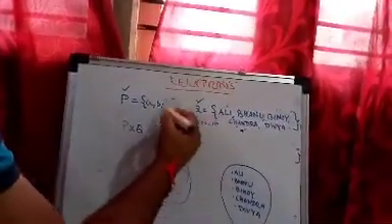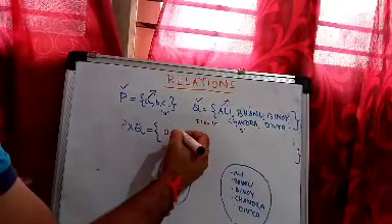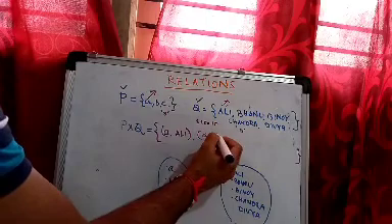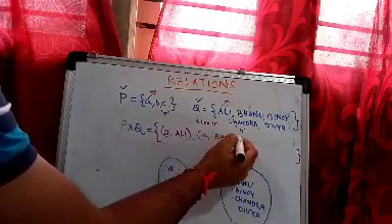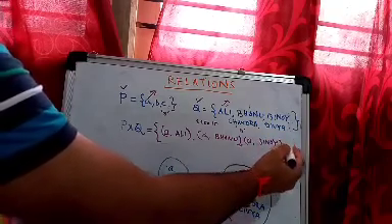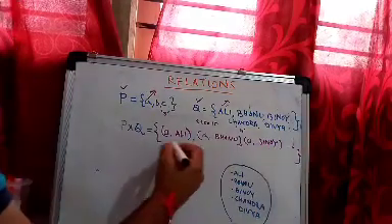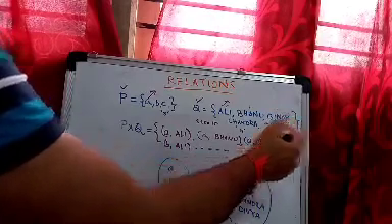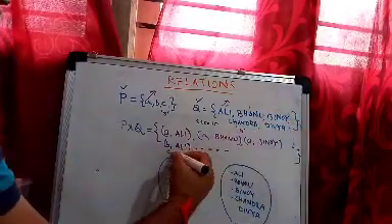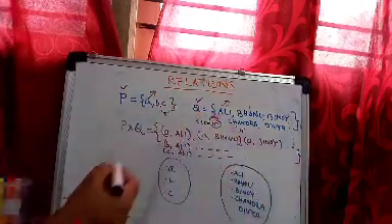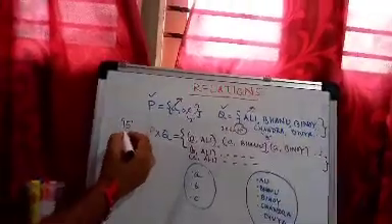Like A, the first element, and the first element from here, Ali. So this is the first ordered pair. Similarly I can write A Bhanu. Similarly we can write A Binoy, right? Similarly I can write the other ordered pairs also. From B: B Ali, B Bhanu, B Binay, B Chandra, B Dibya. Similarly I can write C Ali, and you can list all those. So how many? 15 ordered pairs you will get.